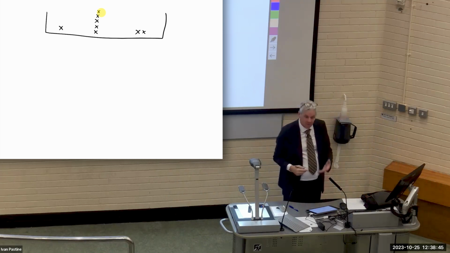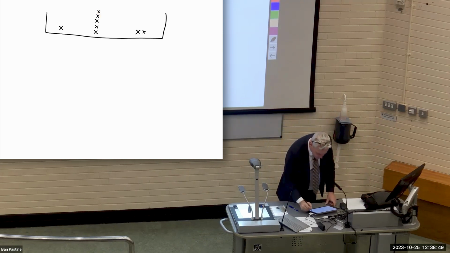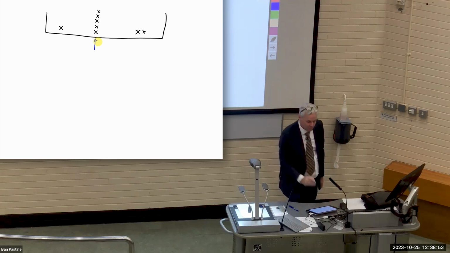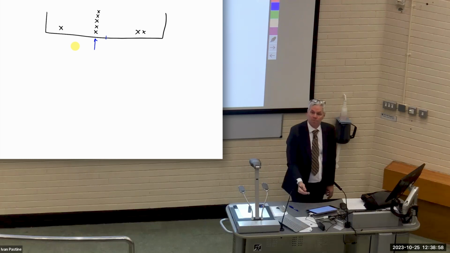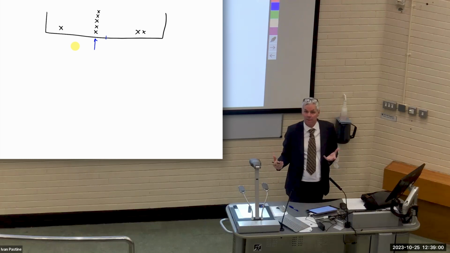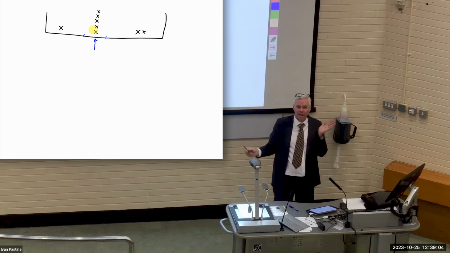Well, what does that median voter look like? Same number of people to the left, same number of people to the right. If we put the median voter, I mean, clearly it's here, right? Like, obviously it's here. If we put it farther to the right, then we've got 6 people on the left and 2 people on the right. That can't be it, right? If we put it here, we've got 7 people to the right, 1 guy to the left.